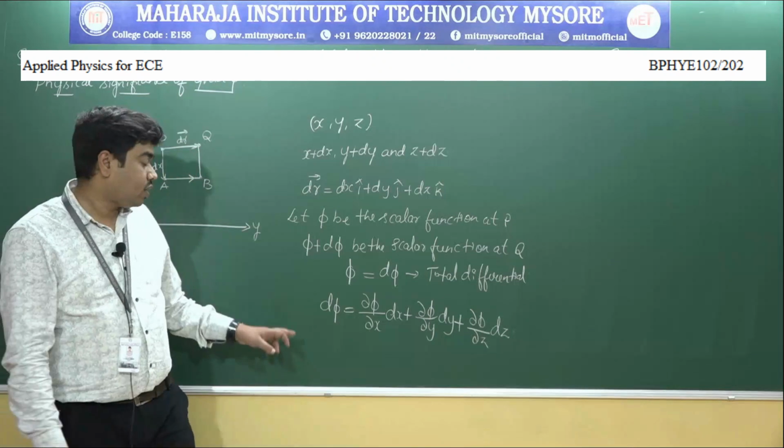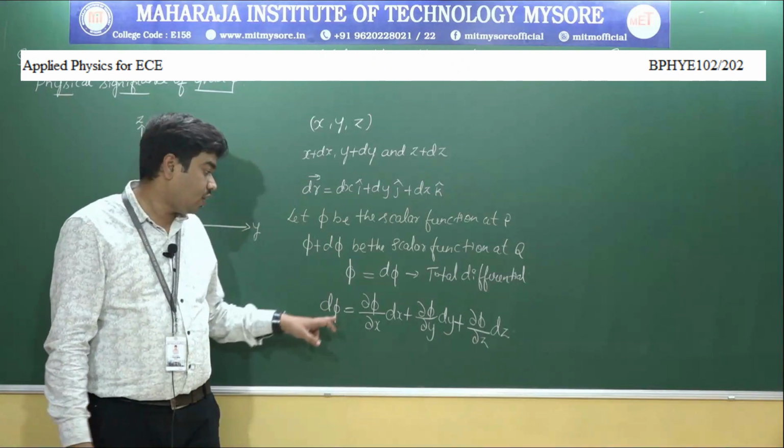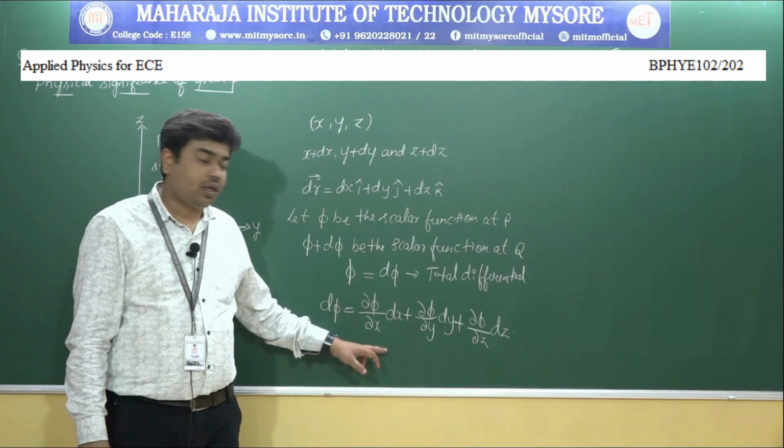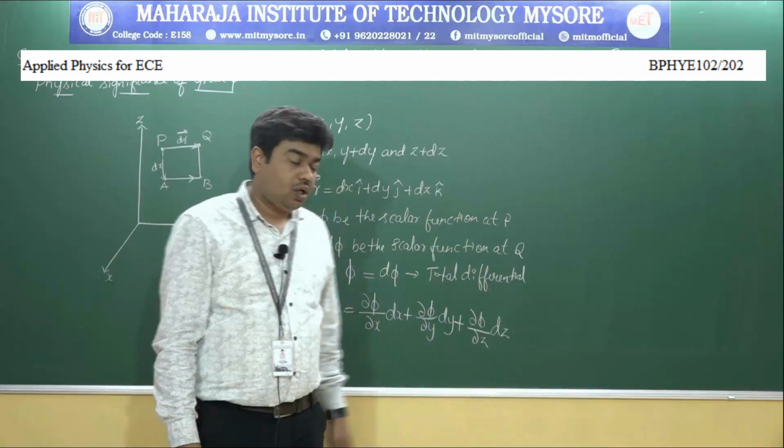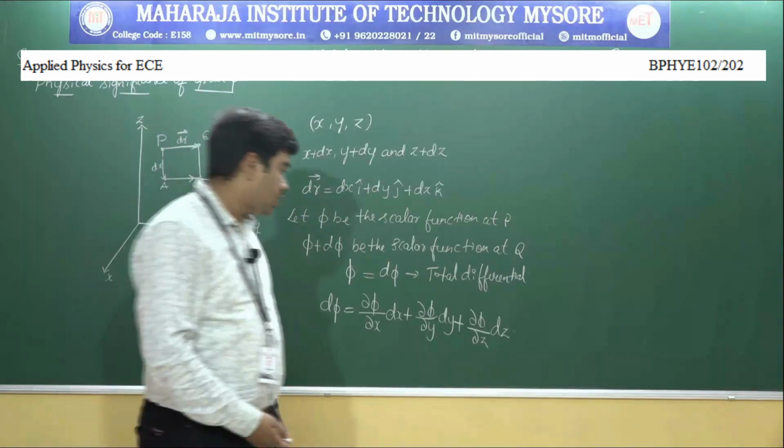So, this is the total differential for the scalar function phi, which is given by dou phi by dou x into dx plus dou phi by dou y into dy plus dou phi by dou z into dz. This equation can also be written as